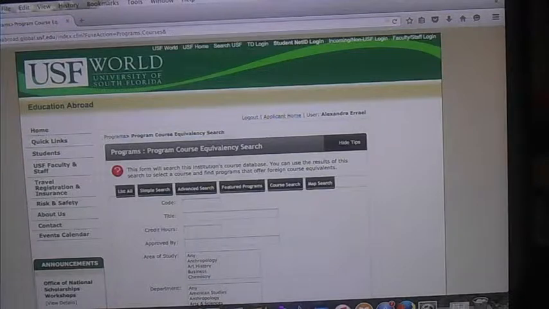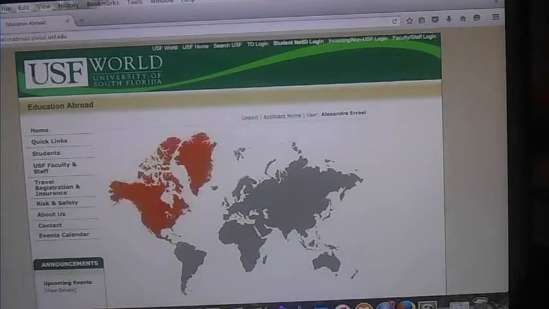Now I'm going to take you guys back to the home page, the Education Abroad. If you ever want to go to the home page, you click on the Education Abroad here on the left-hand side. And now it's taking me back to the map search. Now these links on the side here, if you notice, are very, very helpful in terms of finding additional information that's not about your program. Like for example, if you click on students,